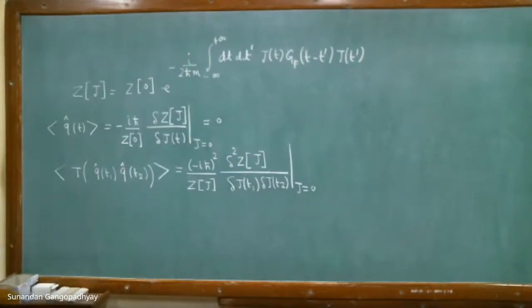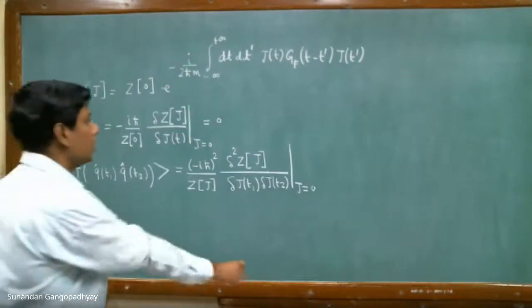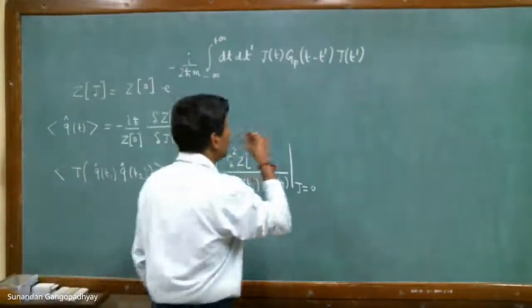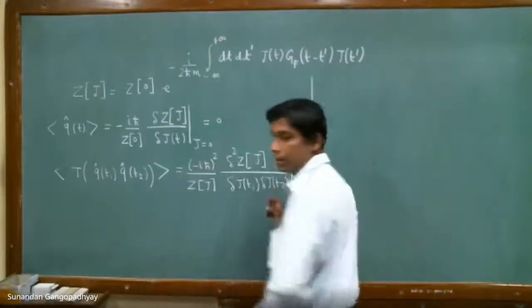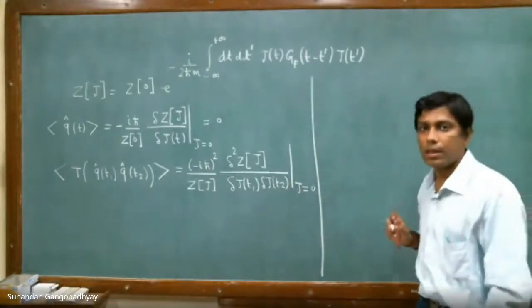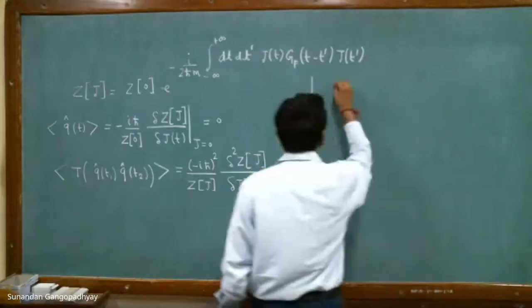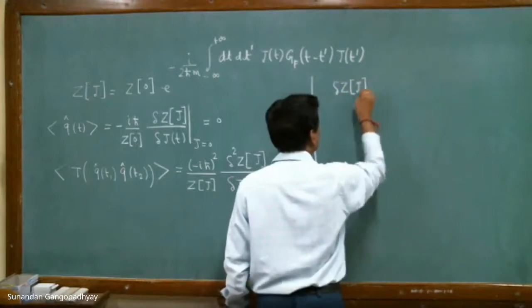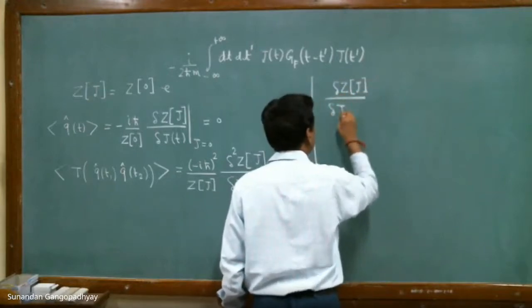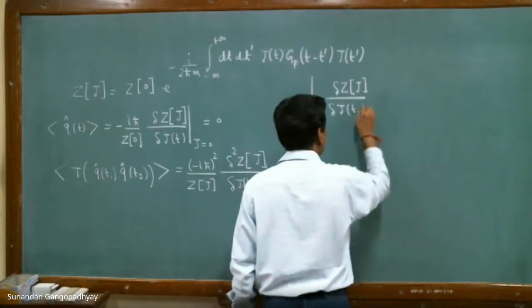So let us do this calculation and see what happens. In order to calculate two functional derivatives, I hope you can see this side is visible. So let us first calculate del Zj by del J of t1,